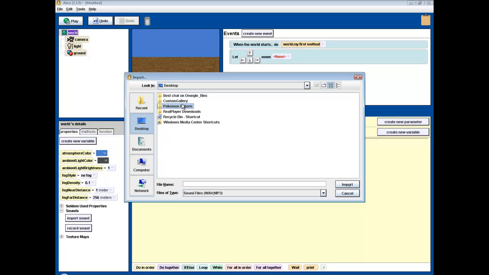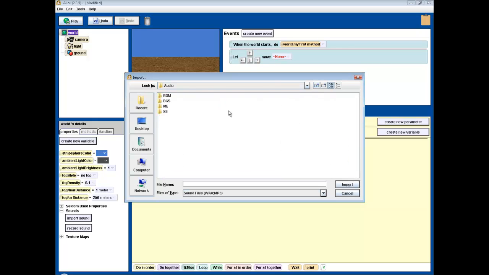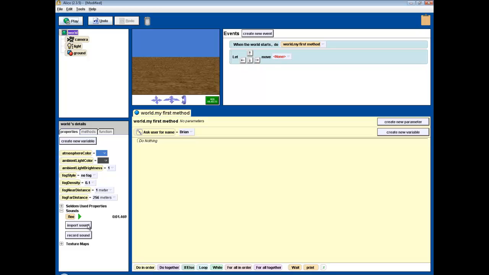I think I'm gonna import some sound and use, what is it called, sound. So if I can play it,